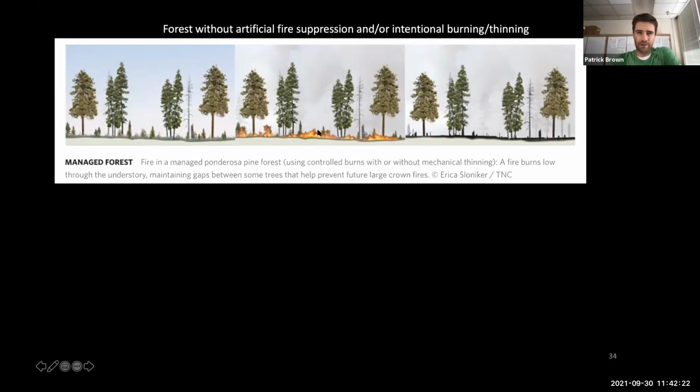Relatively thin forest. You have a fire that stays on the ground. It might affect the tree a little bit. The tree might get a burn scar, but the trees are fine. The forest is healthy and survives the fire. And again, I mentioned that since these ecosystems co-evolved with natural fires, a lot of their reproduction and things like that actually rely on there being fires.